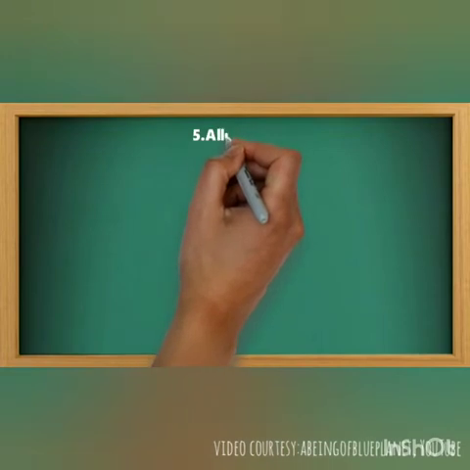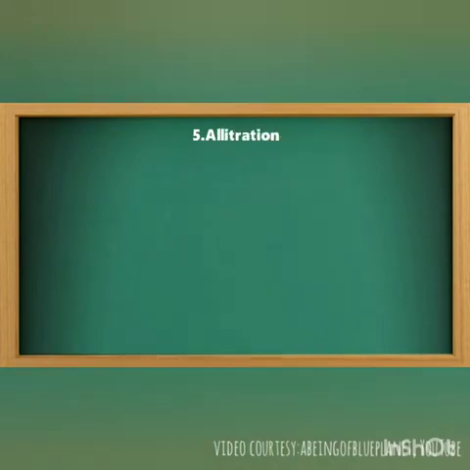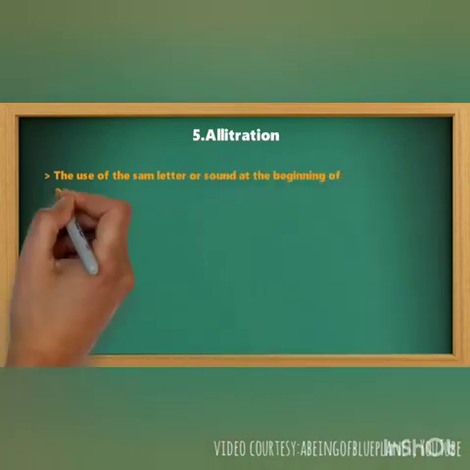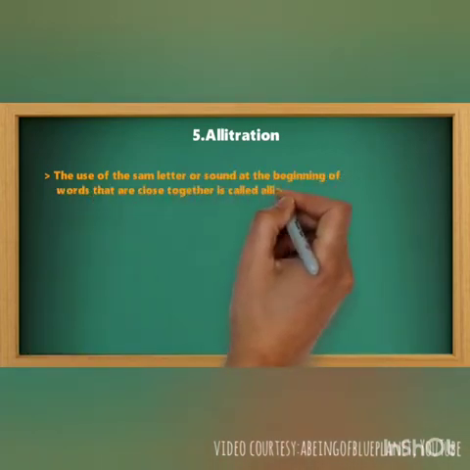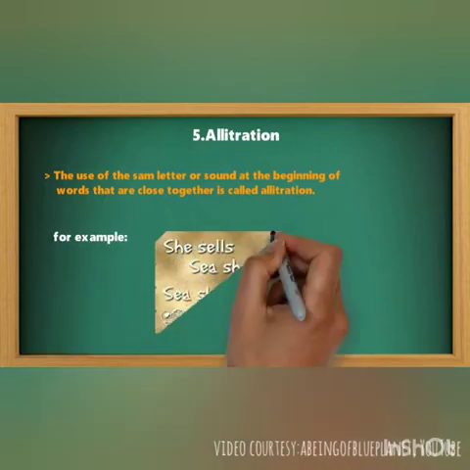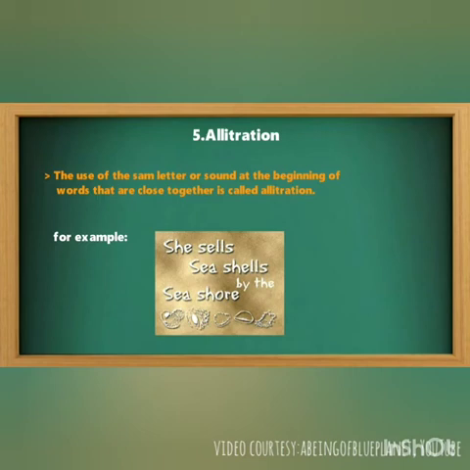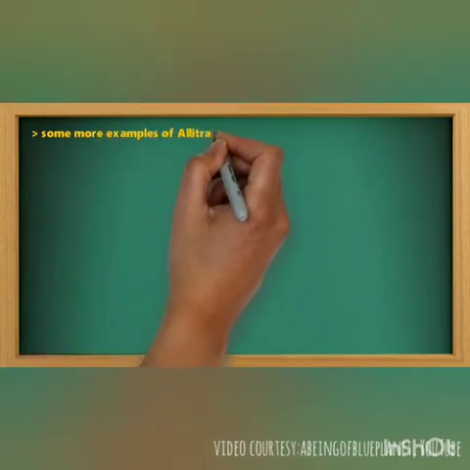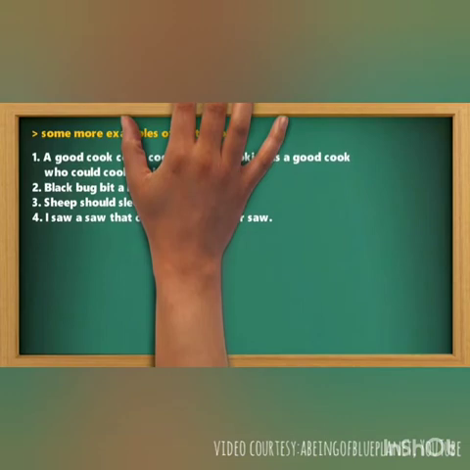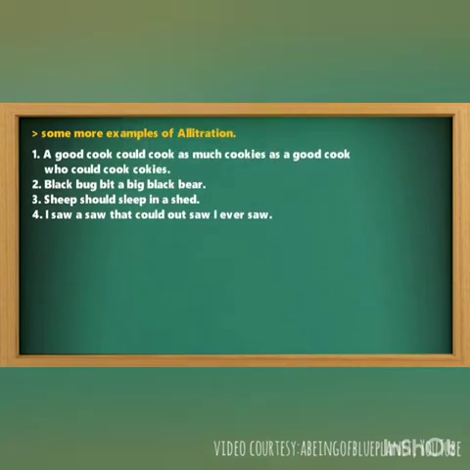The next important figure of speech is alliteration. Alliteration can be defined as the use of same letters or sound at the beginning of words that are close together. For example, she sells seashells by the seashore. Here you can see the repetition of s sound. More examples of alliteration are